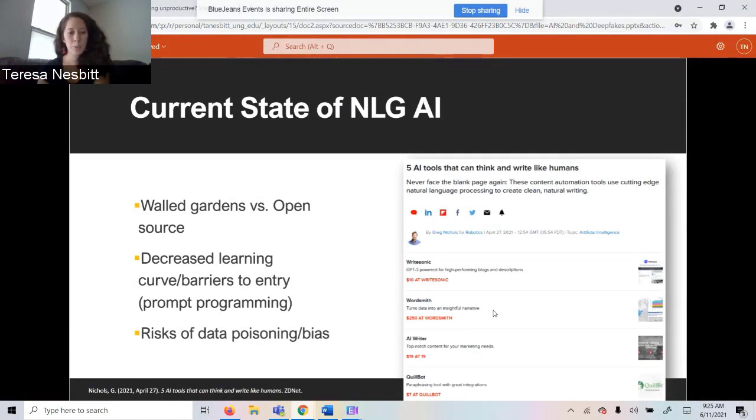The last thing I thought was important to bring up has to do with data poisoning and the data sets used to train these algorithms. You might remember back in December, there was a big to-do when Google fired one of the premier data scientists in this area. Her name is Timnit Gebru.